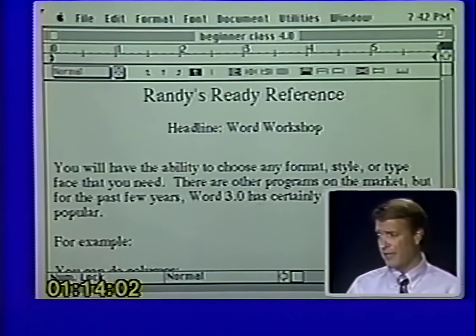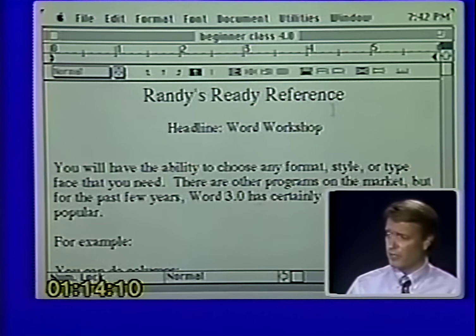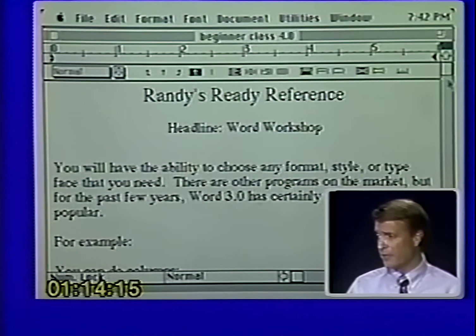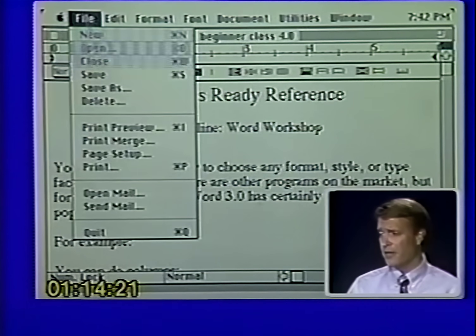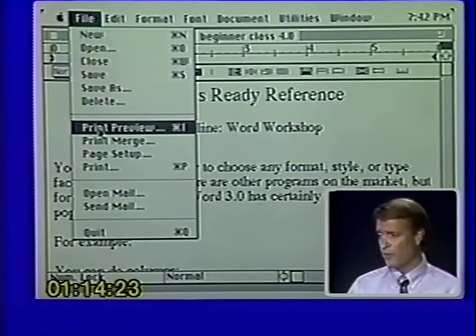We have the galley view, which you're looking at right now. We have a print preview, which I'm going to show you in a moment, and we also have a page preview, which I'll also show you here in just a few moments. So we have many different ways. We have 4 different ways of showing our document. So let's go now over to File and say we would like to see what our document's going to look like when we print it.